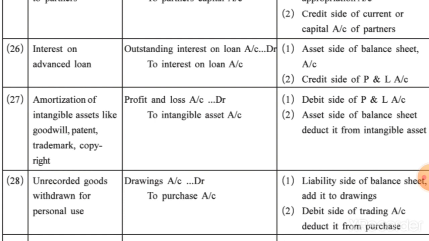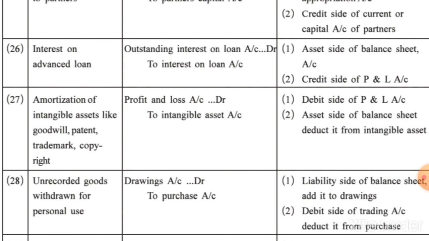Okay, so indirectly, you have not sold the goods, but that much amount of goods value will be reduced, so that would be deducted from the purchase. So opposite effect of purchase, that would be credit effect. Okay, so always in case of such entries in which the goods have been reduced from the stock of the goods other than purchase or sale of goods, then always purchase account will be credited. So the first effect, that would be liability side of balance sheet, you will add in the drawings because you have withdrawn for personal use, so drawings will be increased.